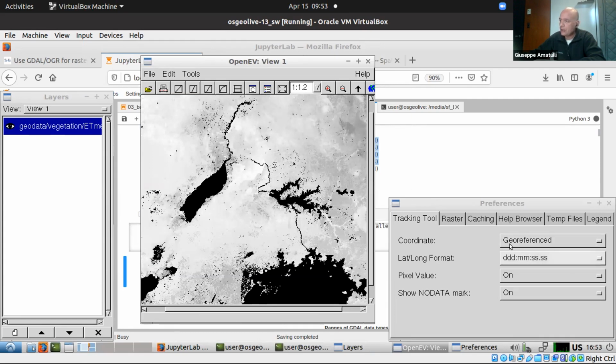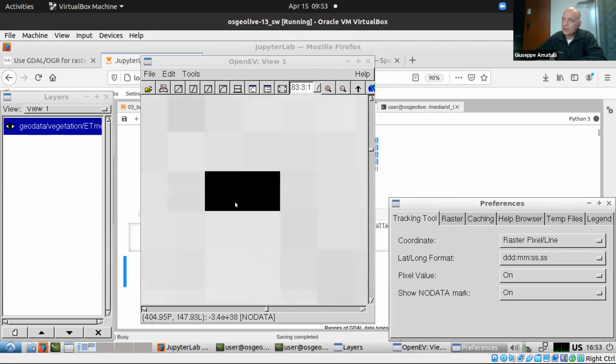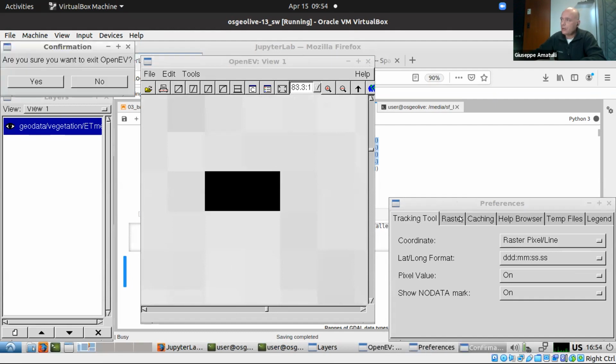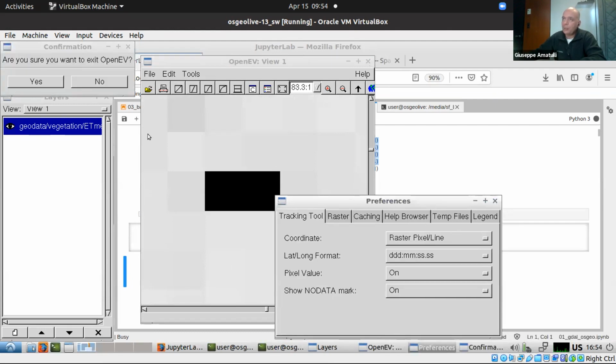And also over here, if you change the preference, rather than your reference, you can do raster pixel line. So down in this area, you will have the row and column of your matrix. So it's very good. Say you want to go here and take a note of this pixel because you need to do something with that pixel. So it's very good for this kind of application. And then of course you can close it. Be careful: it's popping up this other window and you need to close it